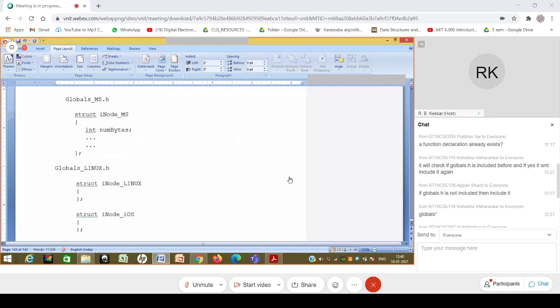No, I don't want to include all three files in a particular project, right? That is not preferable, because Microsoft will not understand the structure which is the Linux structure, and the other way around. How many lines would be referring to these structures? There might be a few hundred lines, let's say 500 lines, whereas the code is 1 lakh lines. So the issue is this: just for 500 lines, are you going to copy your code base into three different copies, where most of the other things are exactly the same?